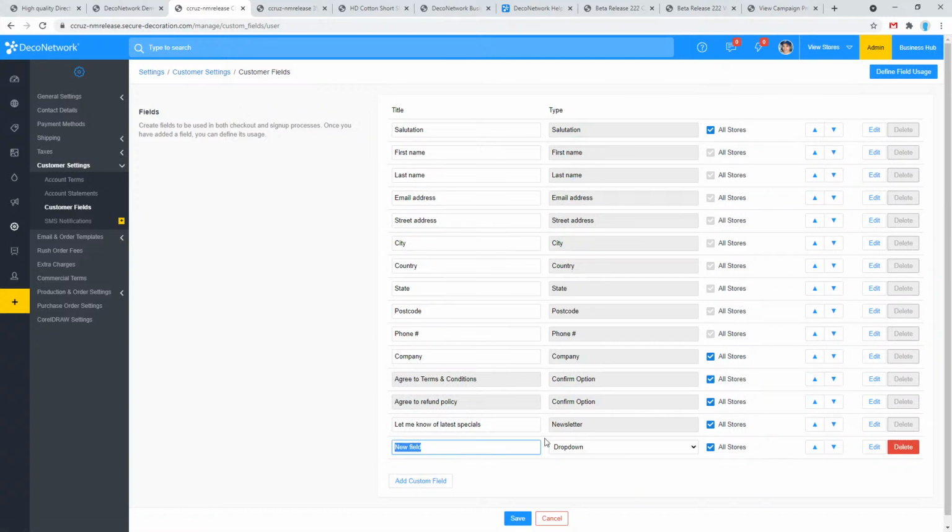So if we were to come in here, we see people use these for all kinds of different purposes. Sometimes it's something as simple as how did you hear about us? Other times it could be a way to collect information for either corporate stores or school stores, information about how orders need to be distributed or things like that. So these are definitely useful,